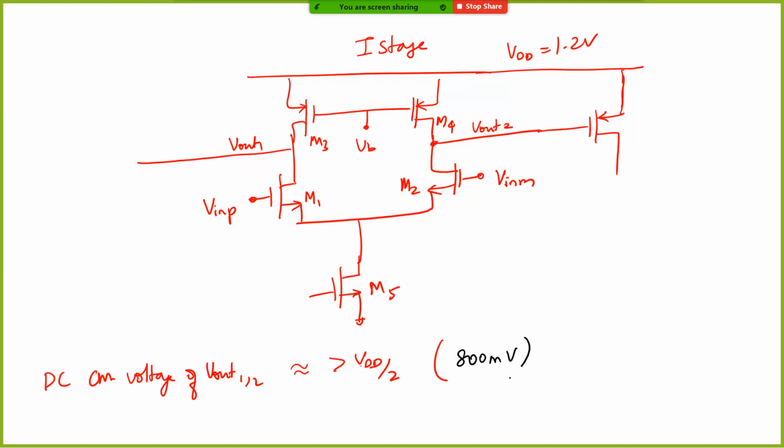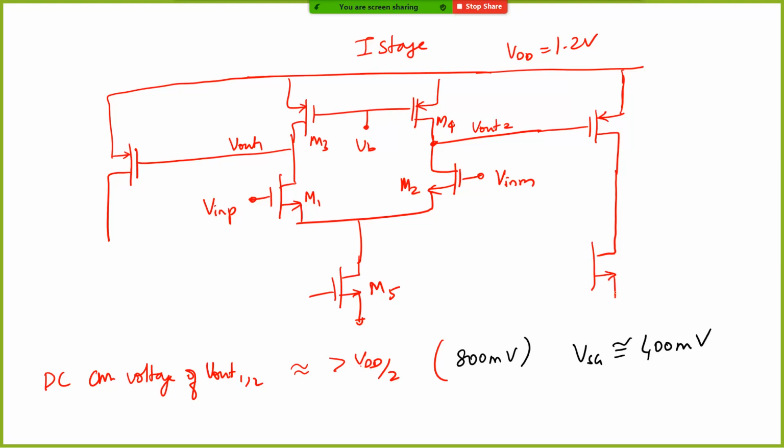Okay, of course, the value when you actually simulate will be lower, but let's say with all the margins and so on, you want something like 450 millivolt across your transistor. It is not a good thing. It limits your swing. Okay. Whereas if you have this here, the VSG is around 400 millivolt. Okay, and so usually the second stage, if you have an NMOS input pair for your first stage, the second stage input transistor will be a PMOS. Okay. And of course, you need a current source load.